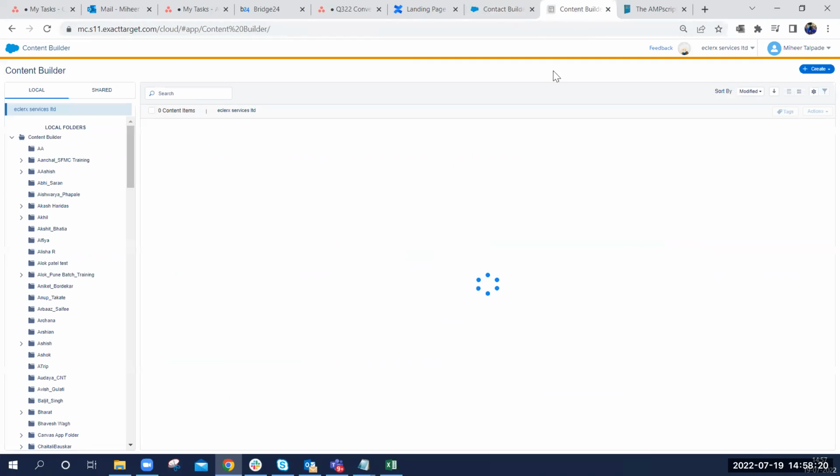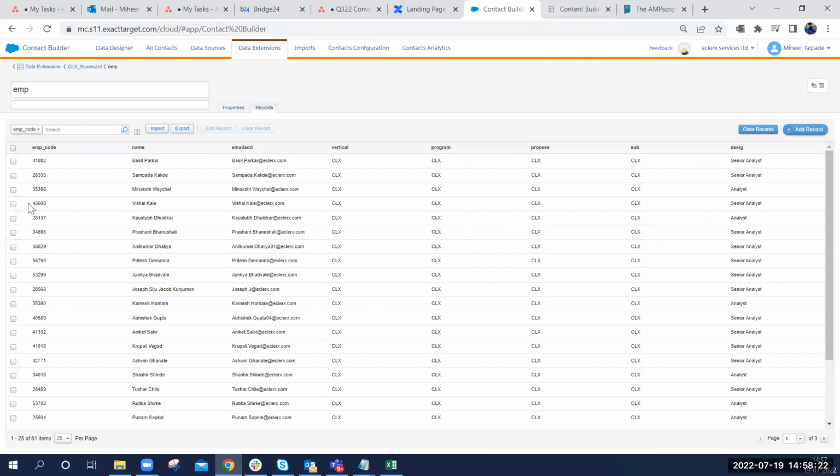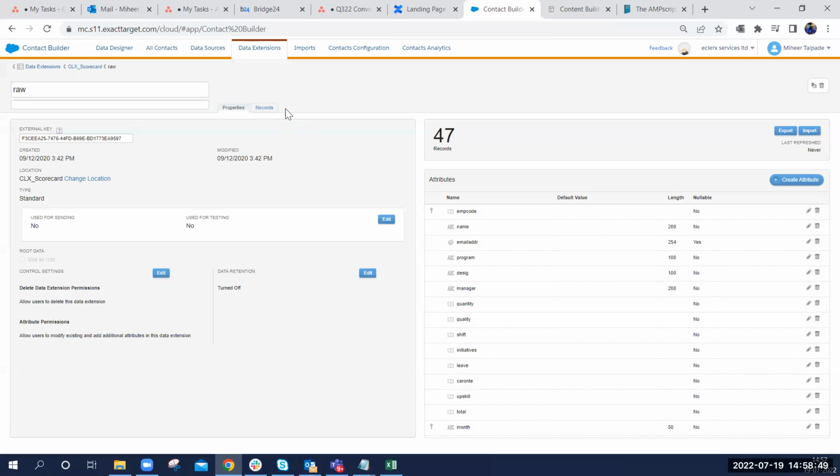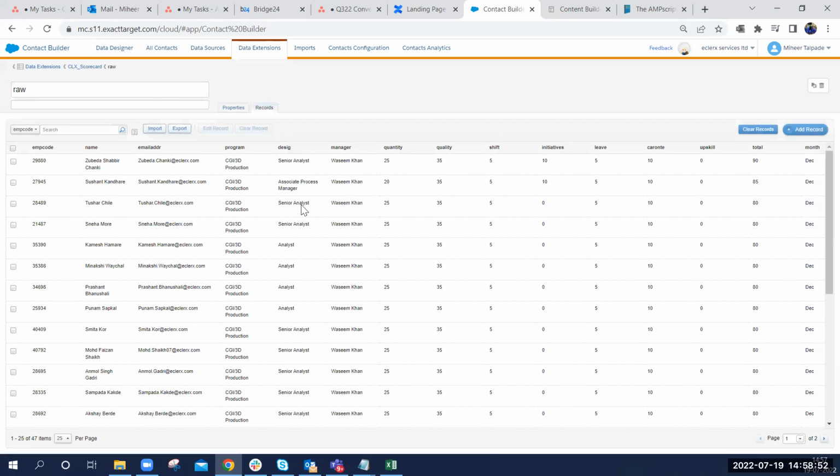Let's do one thing. What we'll try to do is we'll use this as a sending data extension. And for all records, it will obviously pick up records one by one. So for each record, let's say the first record, he's a senior analyst, right? So what we'll do is we will pick up from another data extension. So let's use this data extension. I think there's designation here also, right? So basically, if that person is a senior analyst, what we'll do is we will pick up